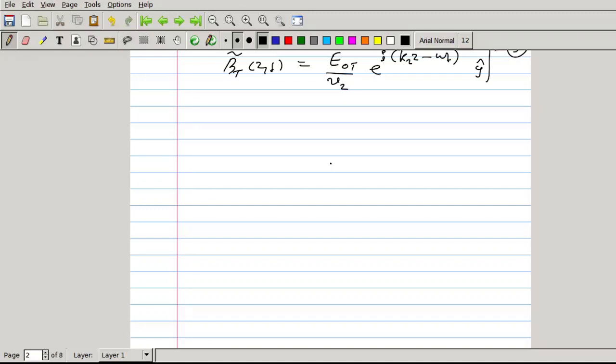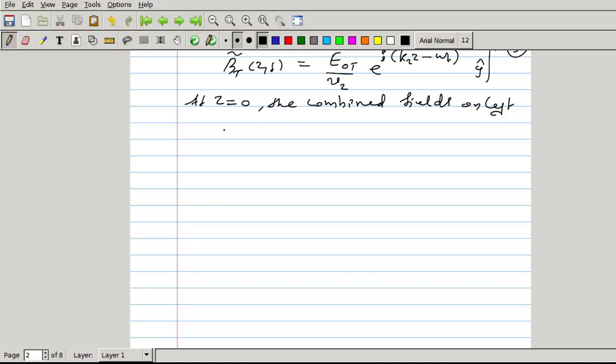So the wave vectors on the left side should join with the wave vectors on the right side based on the boundary conditions. What are the boundary conditions? The combined wave vectors on the left side, at z less than 0, will be joining with the combined wave vectors on the right hand side at z equal to 0 based on the boundary condition. At z equal to 0, z is equal to 0 represents the boundary. The combined fields